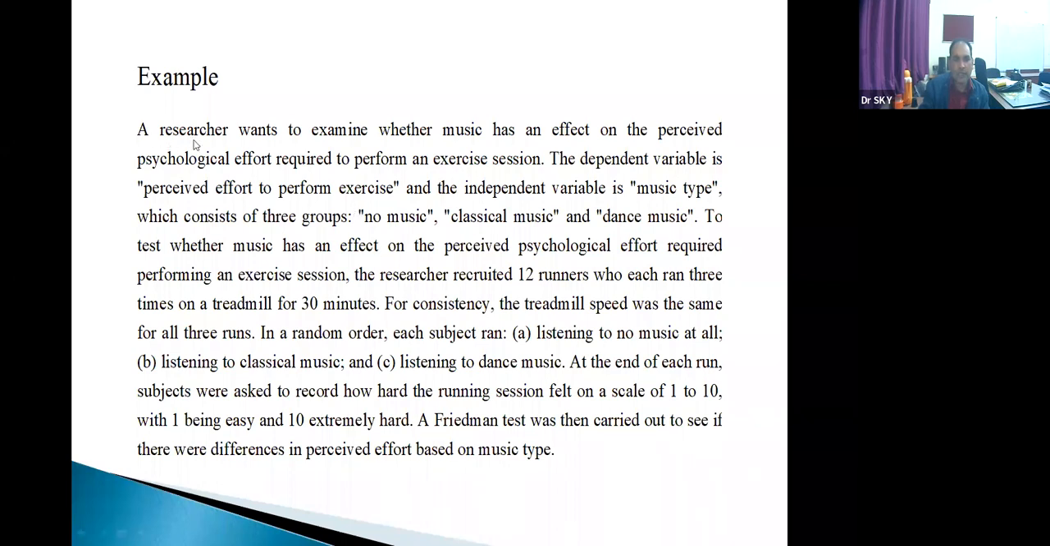A researcher wants to examine whether music has an effect on the perceived psychological effort required to perform an exercise session. The dependent variable is perceived effort to perform exercise, and the independent variable is music type, which consists of 3 groups, say no music, classical music, and dance music. So to test whether music has an effect on the perceived psychological effort required to perform an exercise session, doing mathematics or say doing drawing, or other things,